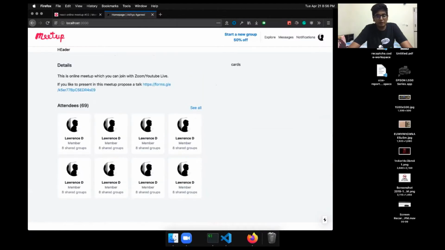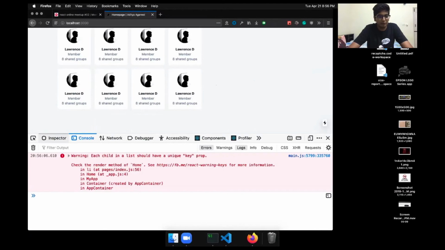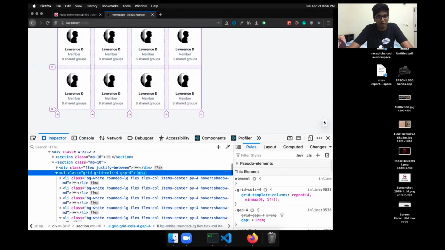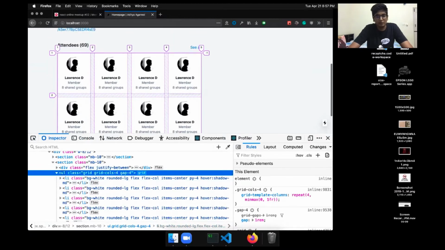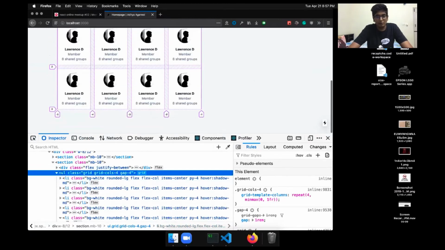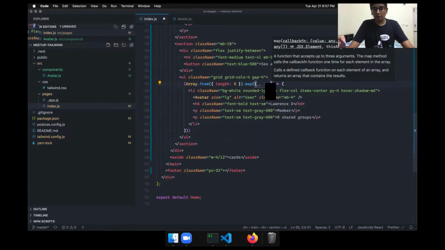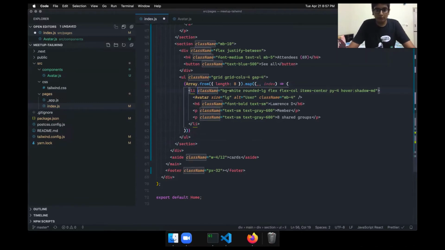As you saw, CSS Grid automatically arranges these things, and if you enable the grid overlay, you can see the gap between those. So now we have done that. Because I have done the length thing, I don't have any ID, so I'm just putting this thing. You must know that this is not a safe way to do it every time.